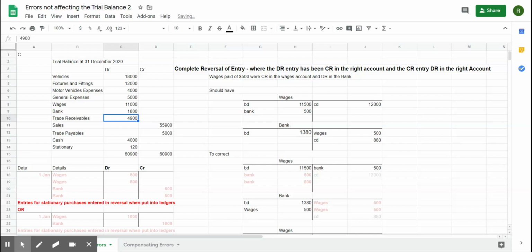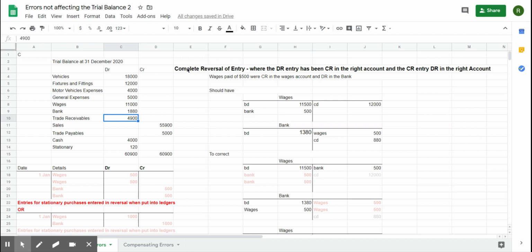Hi, welcome to this podcast where we're looking at errors not revealed by the trial balance, and therefore the trial balance will balance even with these errors in the accounts. So there's no indication we've made them. The first one we're going to look at is complete reversal of entry, and this means that the debit entry